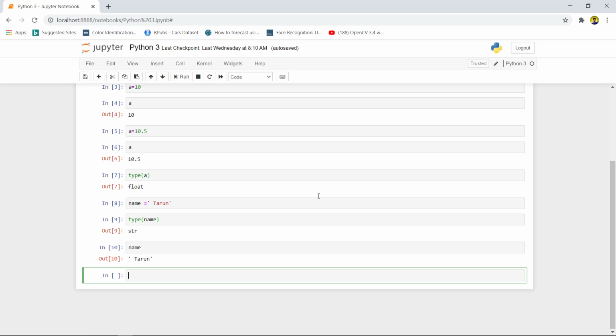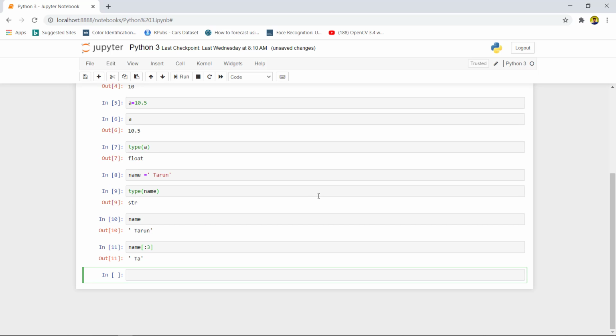There are different operations that you can perform on strings. First we will talk about the slicing function. Suppose you want to take the starting three characters of any name, you can use the slicing function. As seeing an example, if we slice the name for the starting three characters, you can see that we have got three characters from the string.